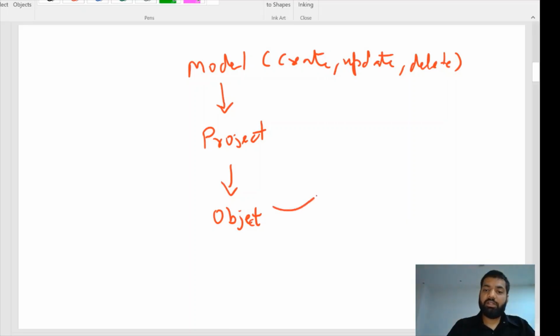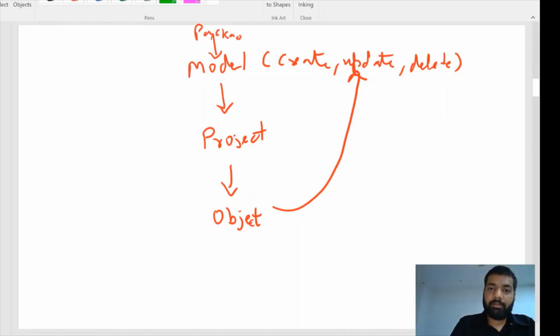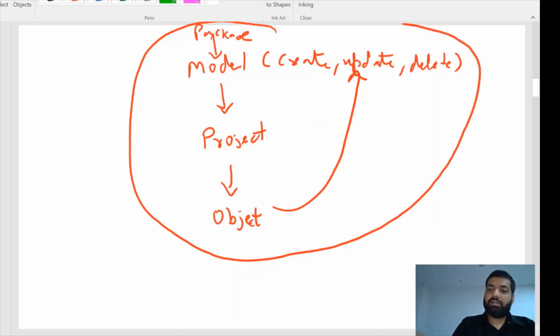How to update it, I have demonstrated. So we know how to create, update and delete. Now if we have to deploy these objects, this project, from one environment to another, then we have to create a package. So this package, model, projects, objects, this is the complete model management cycle. This we have seen today. So our model management is completed.